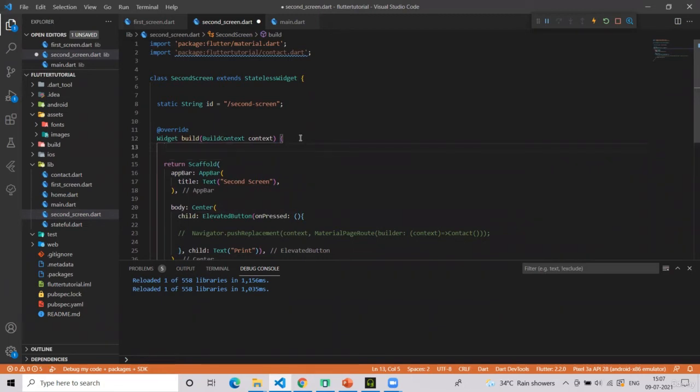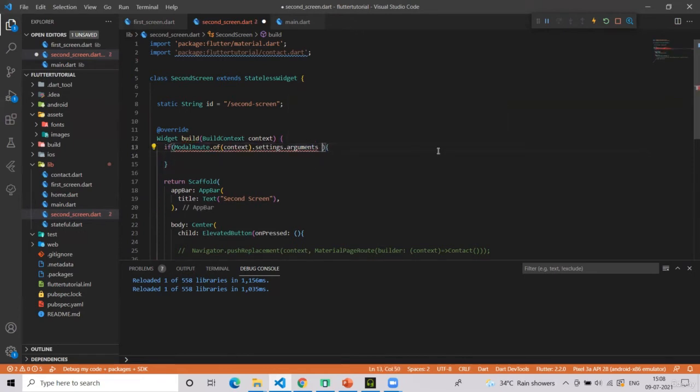That is ModalRoute dot of context dot settings dot arguments. So just remember this. I will first of all check if it's null, that is if value is given or not, like this.